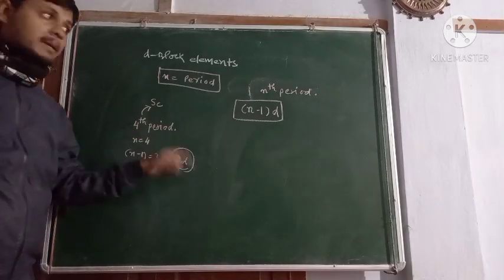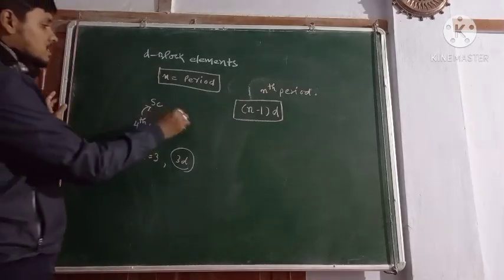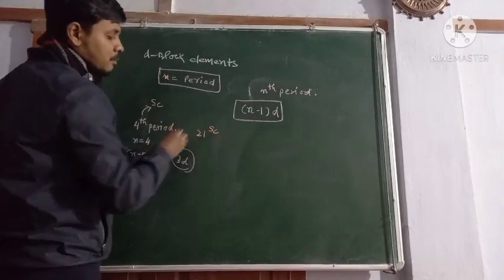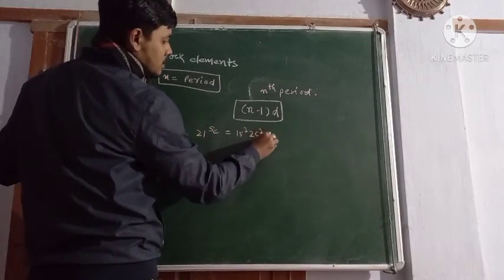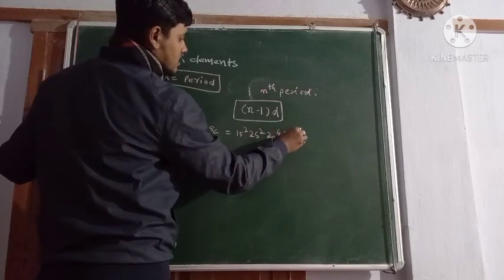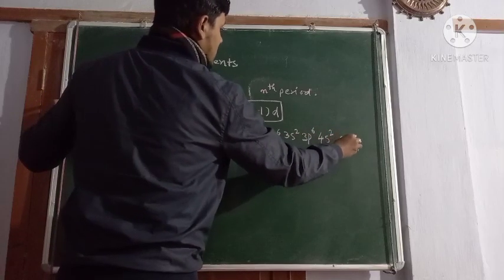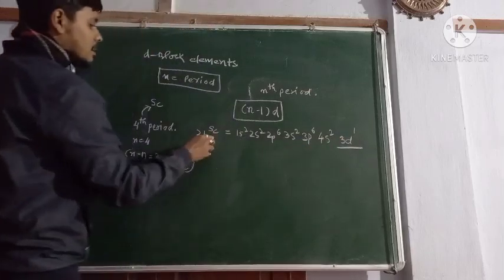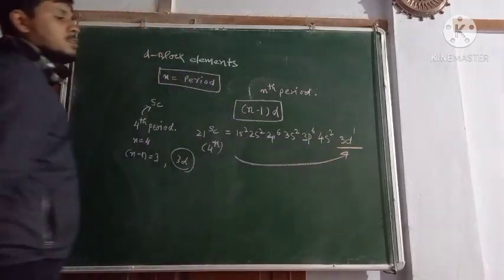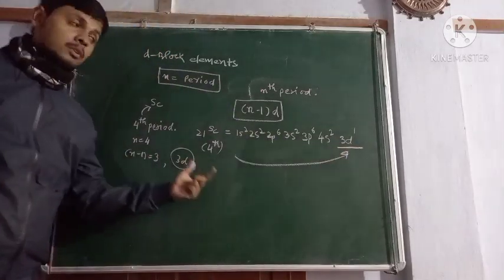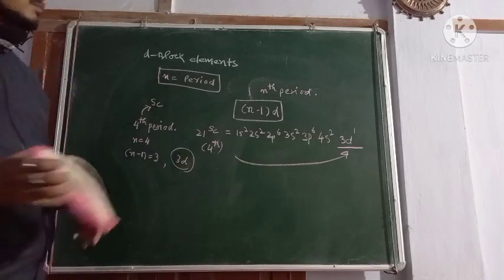For all transition metals or d block metals, the d orbital of the corresponding period is not filled, rather the d orbital one level below is filled. So for example, if I see scandium, the atomic number is 21. If I write the electronic configuration, 1s2 2s2 2p6 3s2 3p6 4s2 3d1. So scandium is in the fourth period but the 3d orbital is filled. Okay, so this is what we have for d block elements.